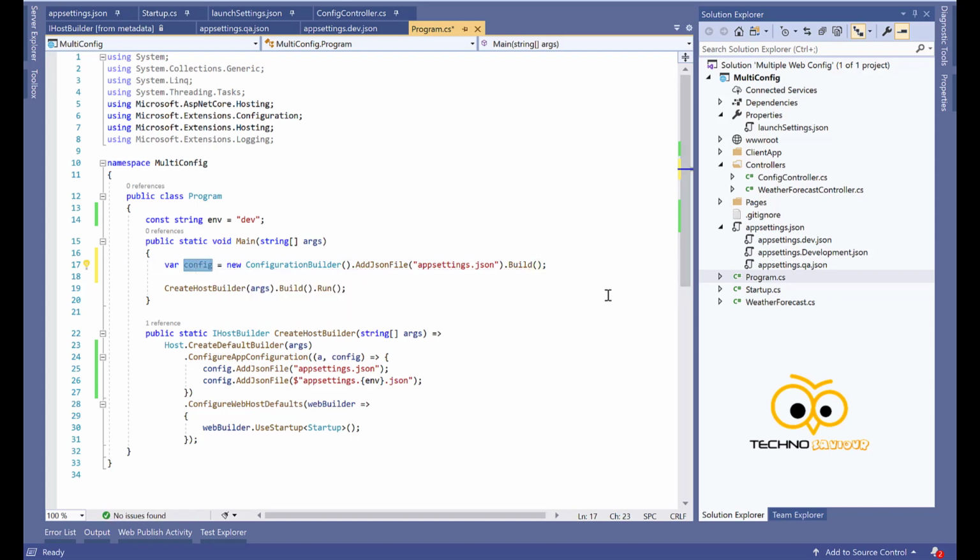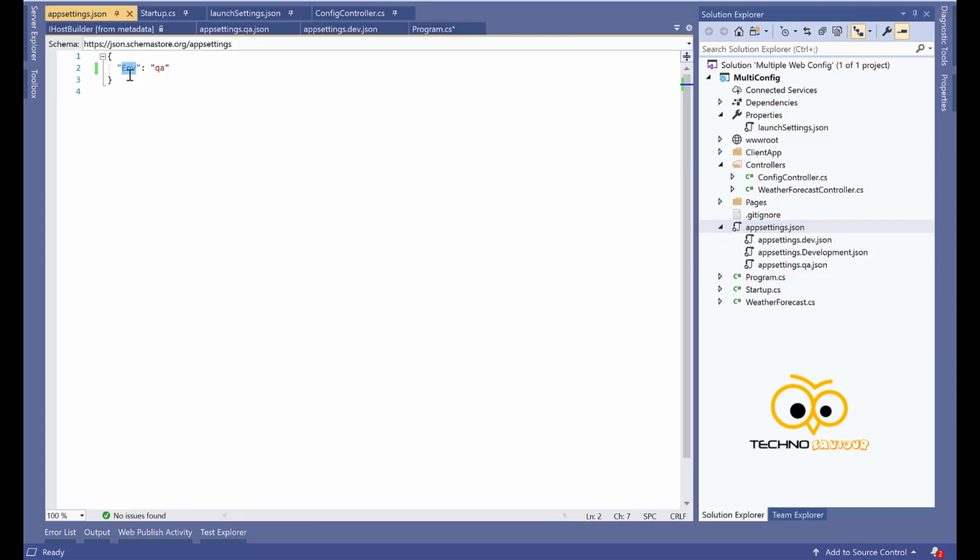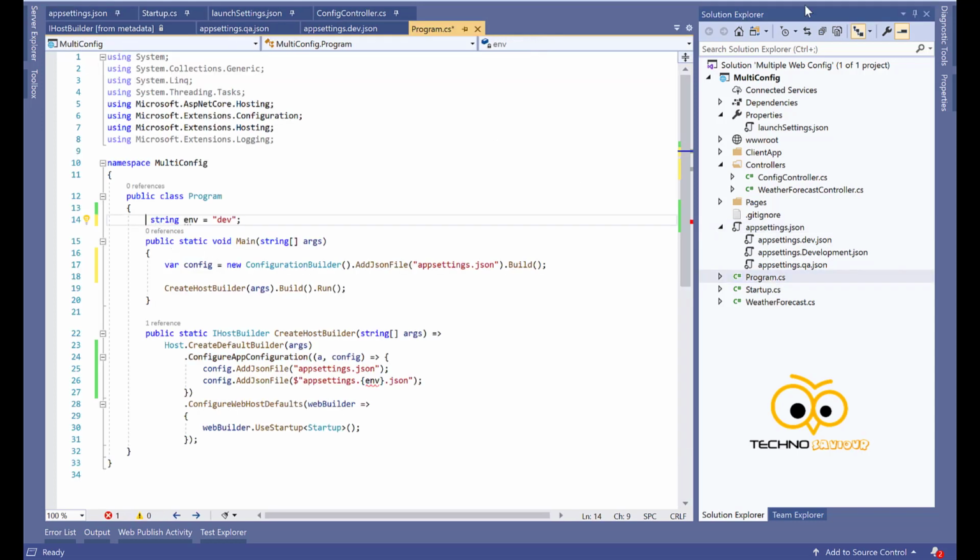I need to extract a particular section from this appsettings.json. If you see, this is the env variable. So let's go back to Program.cs. First of all, we need to make it static. Now env equal to config.GetSection.